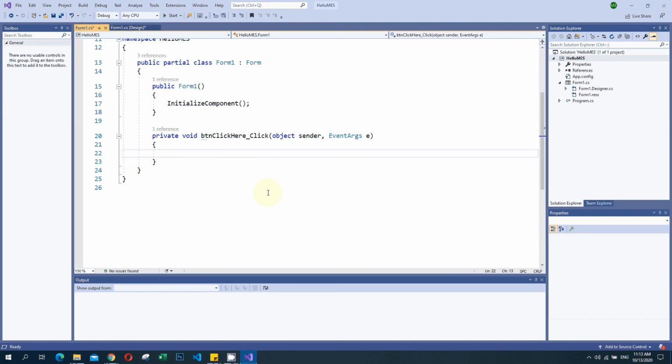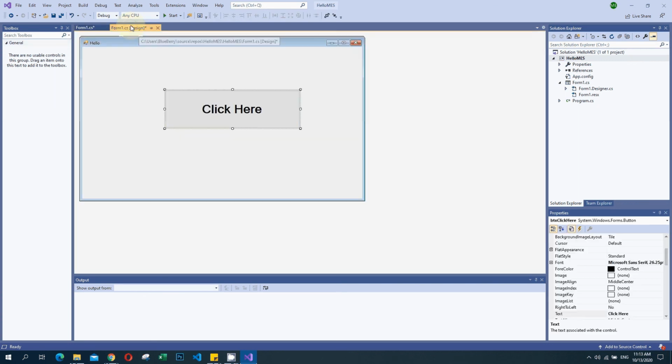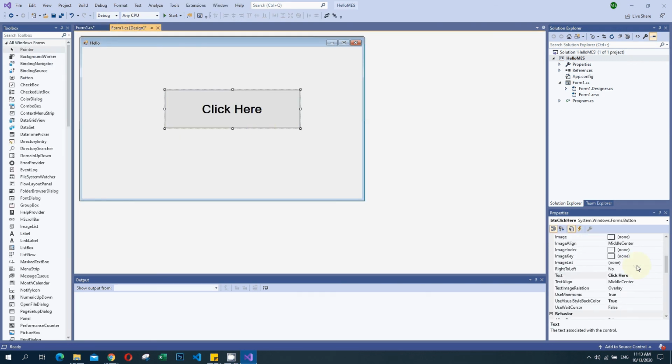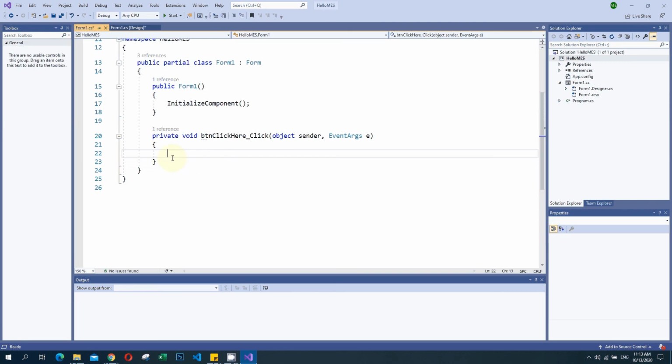So this is the code part. I have already given one name for this button, you can check here what the button name is, button click here. And also I have created one label here. So I am going to do one thing. I am assigning that label name, LBL hello MES.